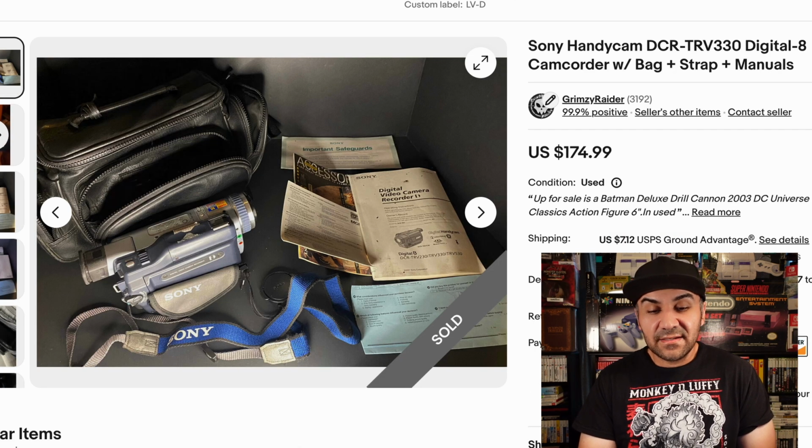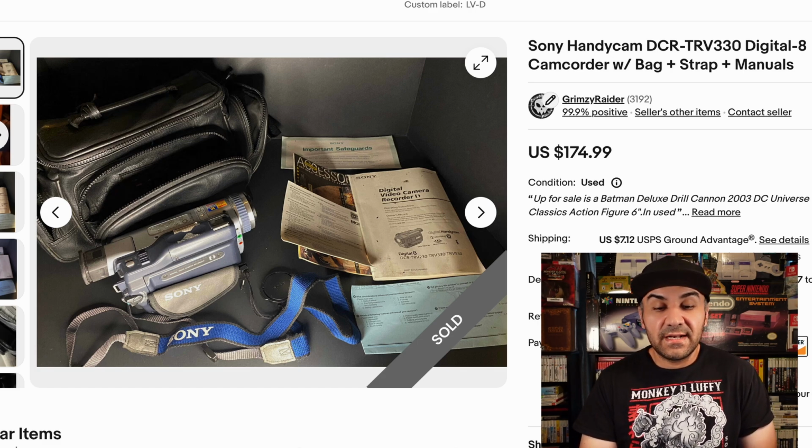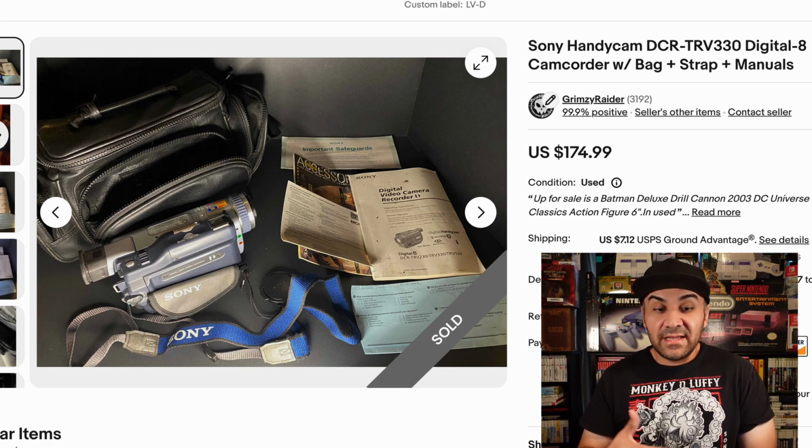And on to the last sale, this Sony Handycam DCR TRV 330 digital 8 camcorder with the bag, straps, and manuals. Did sell for $174.99 at the swap meet. I bought it for $10. I think the reason that he was asking $10 is because he wasn't able to test it. Luckily, I had sold previous Handycams and I actually had the charger for the battery, so I charged it